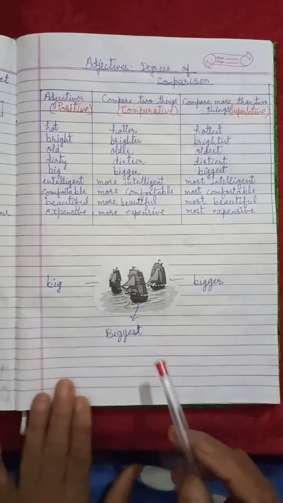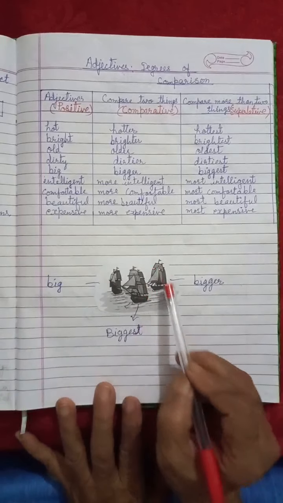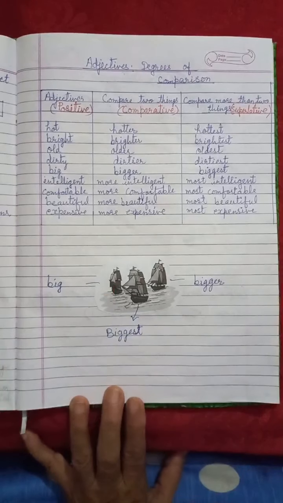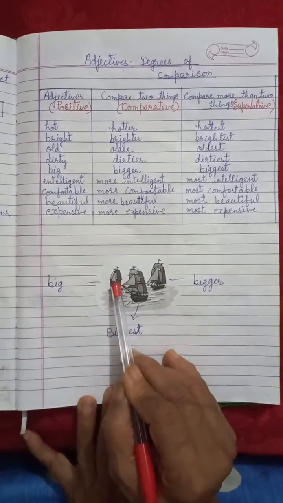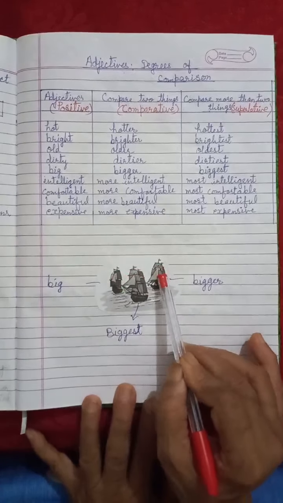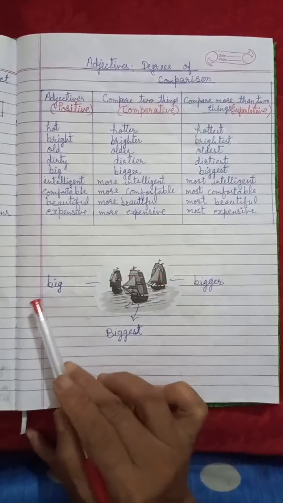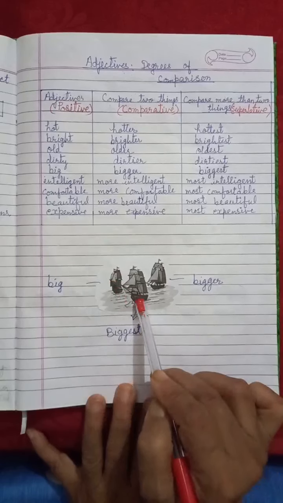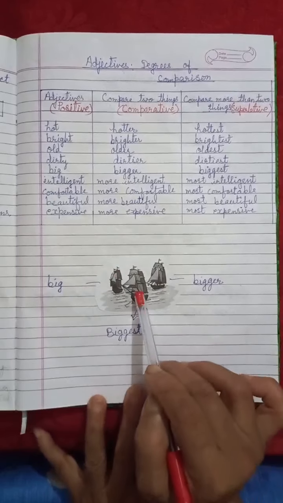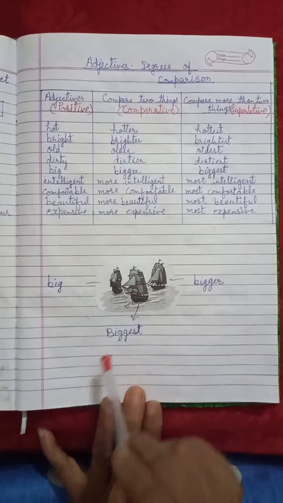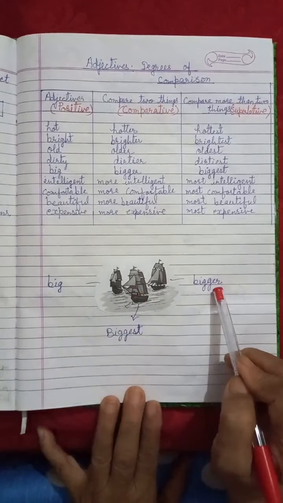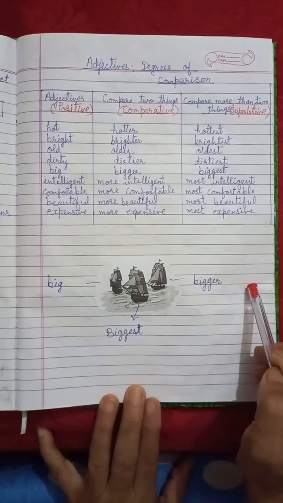So here I have pasted one more picture. You can see these are ships, and we can say that this is a big ship. You know, ship बड़े ही होते हैं. So we can say this is a big ship, but this is bigger than that. When we compare these two ships, we can say this ship is bigger than this. But this is the biggest of all. You can see from these three, this is the biggest. So with the superlative form, we use the word "the" before the adjectives, and with the comparative form, we use the word "than" after the adjective. Okay.